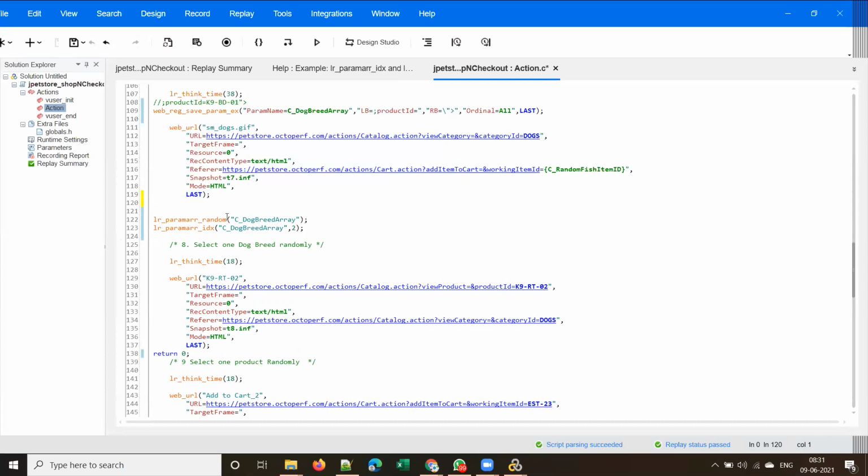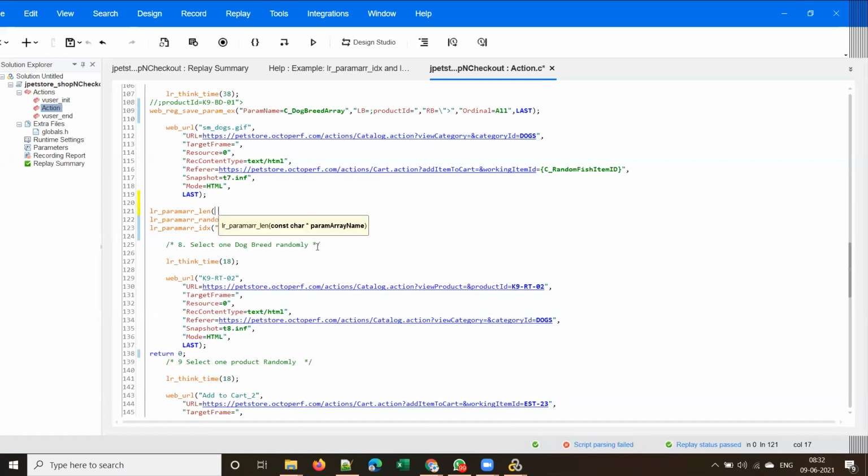We have to capture that size, right? We have to capture the array size using which function? lr_paramarr_len, right? LEN, that's it. What should I pass to this? We have to pass the parameter array name.